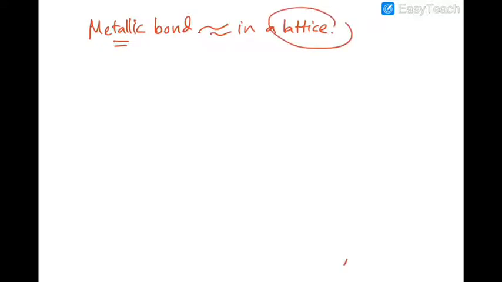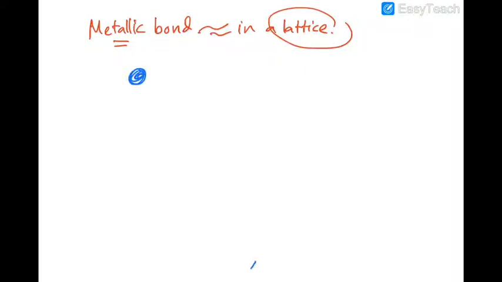Now we will be discussing a different type of bond, which is the metallic bond. Metals represent another type of extended system, so it's also in a lattice, just like the ionic systems that we've discussed before. However, the chemical bonding of a metallic bond and an ionic bond is totally different. In metals, the atoms are also arranged in a lattice, but they don't have a positive